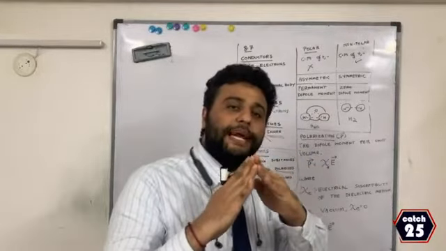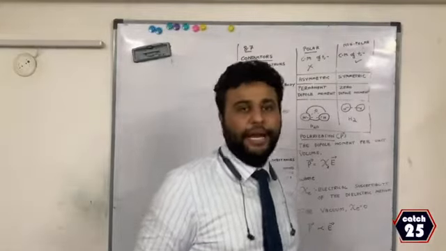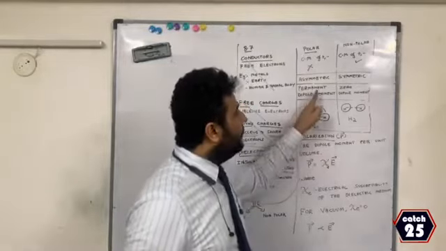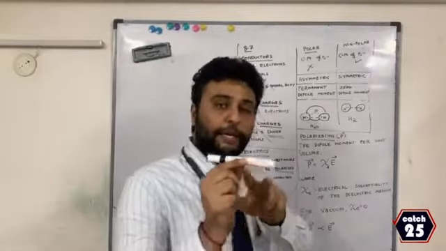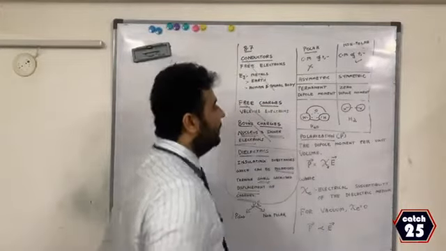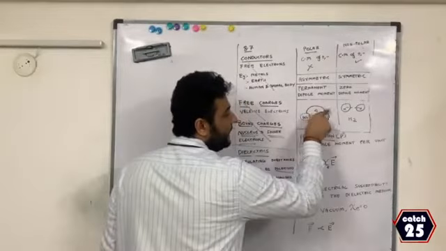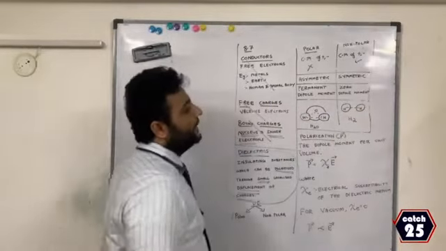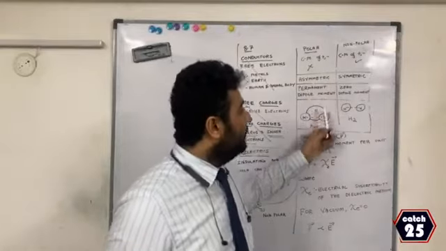Now, since a polar molecule is asymmetric, it is bent. Bent means it will always have some angle, and in chemistry it is called permanent dipole moment. Anything that is bent will always have a dipole moment. Therefore, polar molecules will always have a permanent dipole moment. A non-polar molecule is actually a linear molecule which has 0 angle or 0 dipole moment. An example of a polar molecule is H2O. If you see, the centers are not coinciding in a straight line. It is a bent structure. But if you see H2, they are coinciding. The two atoms of hydrogen are coinciding. This is non-polar.